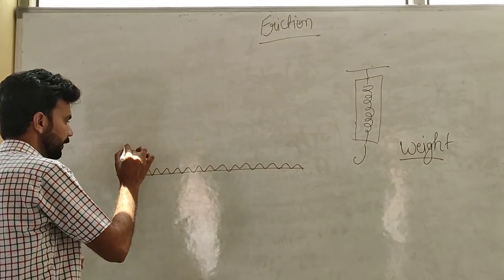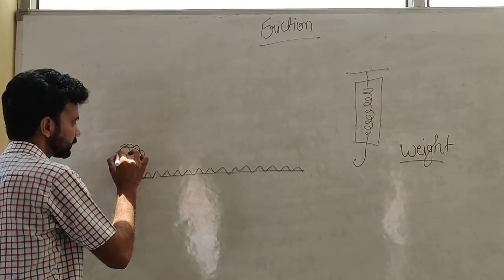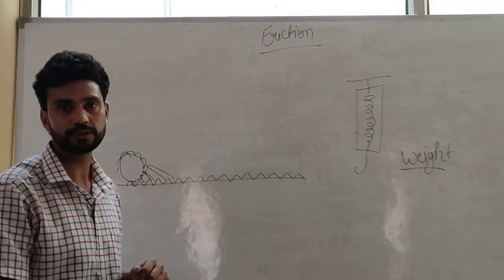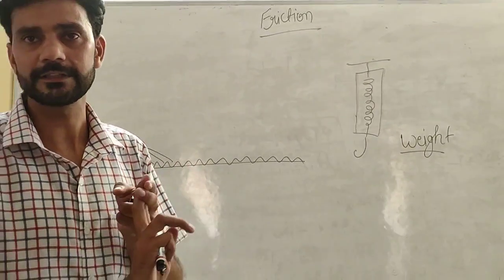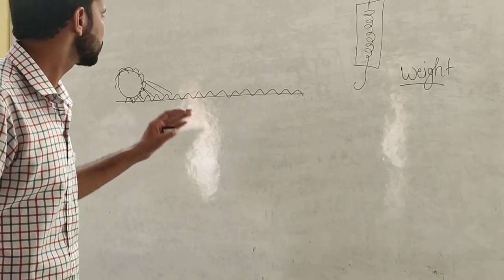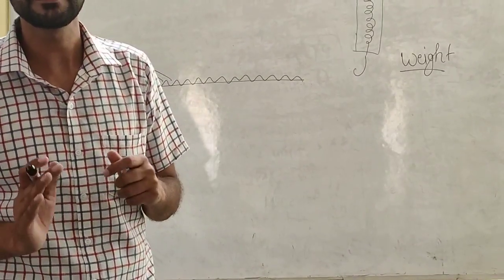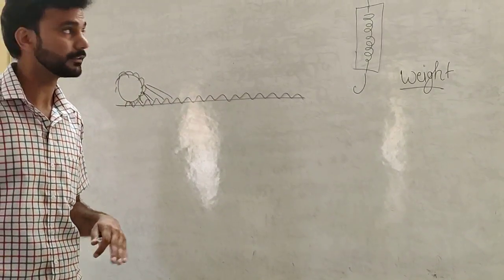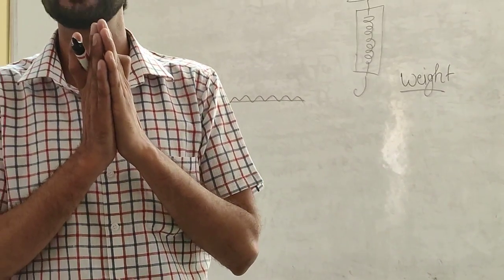When we slide a ball on it, the ball will also have some irregularities on its surface. Due to the interlocking of these irregularities, the frictional force is exerted. When the irregularities are interlocked with each other, the object stops after some time, or the speed of the moving object reduces. Frictional force is exerted only when two objects are in contact with each other.